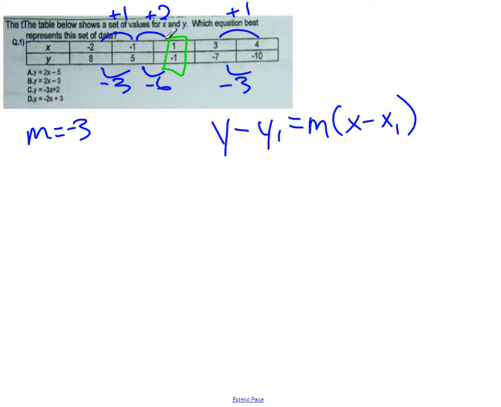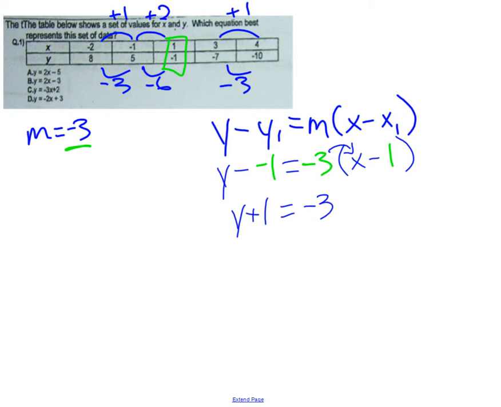So that means that x1 we would replace with a 1. y1 we would replace with -1. Everything else just gets brought down. So we have y minus -1. Oh, the slope, sorry, forgot about that. Our slope is -3. We can clean this up a little bit. y minus -1 is y plus 1. We can distribute this out. So -3 times x is -3x. -3 times -1